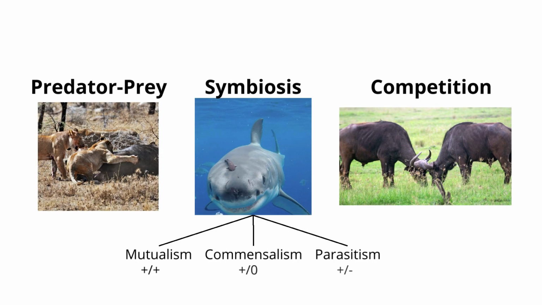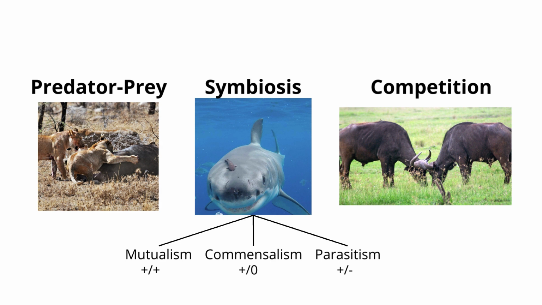There are three main types of interaction between organisms that are predator-prey interactions, where one organism feeds directly from the other, such as the lion and the zebra. Symbiotic interactions, where one or both organisms benefits from these interactions. Symbiosis can be mutual, also known as mutualism, where both organisms benefit, such as the shark and the remora fish. The shark offers protection to the remora fish, while the remora fish eats parasites that prey on the shark skin.